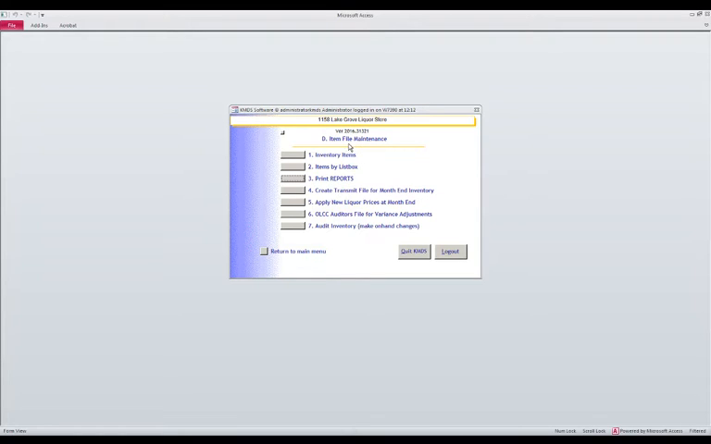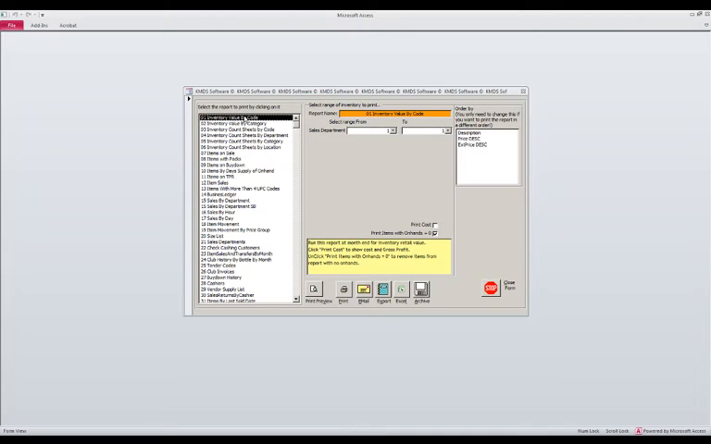Now the second step is to print the inventory, and that's done through the same menu option. If you come into menu option D3, the default report that's selected is the inventory value. That's the one you want, and the default range of sales departments is from 1 to 1, which is what you want. The only thing that I recommend, you don't have to, is to click on this checkbox right here, print items with on hands equals 0. If you uncheck that and then you go to print,